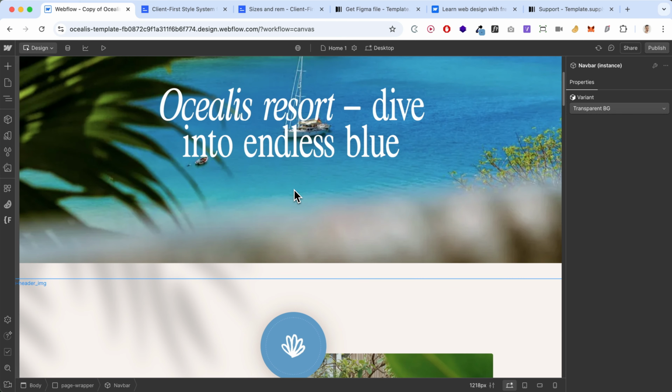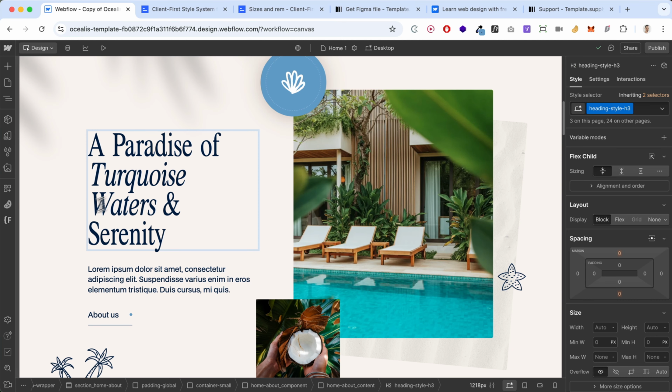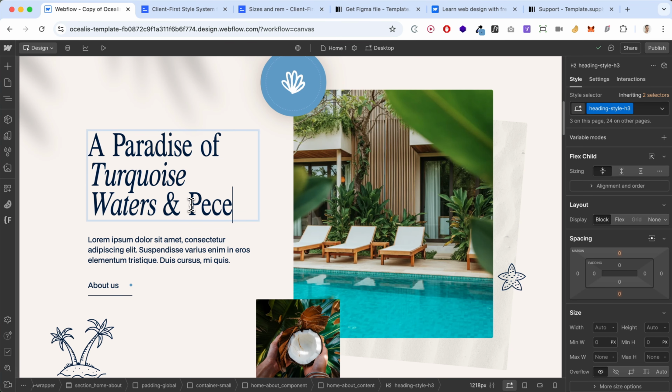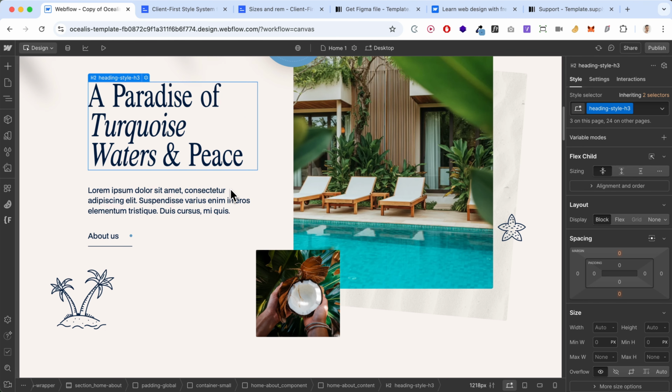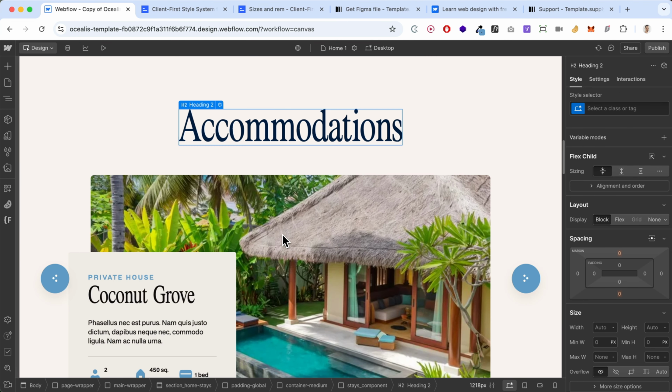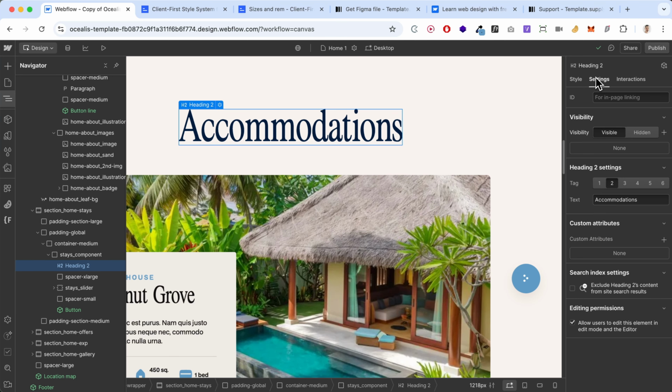Updating the text is also very easy. You can just double click, same process as the image, and type whatever you want, right? So it's very easy to update. Again, if for some reason you cannot select some text, you can always use the navigator here to select the text element. And after selecting the text element, you can click here to access the settings, and you probably have an option here